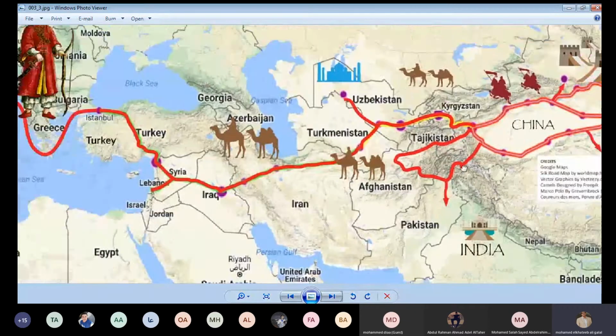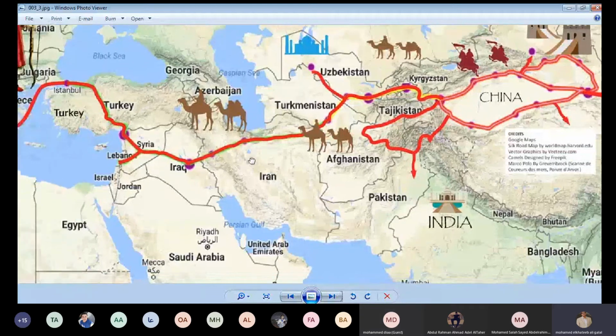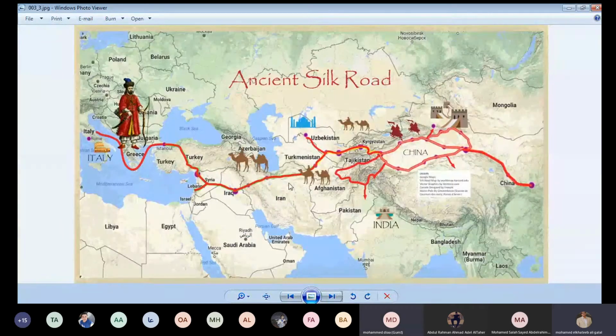So when the caravel is simply moving from China or India and they want to go over there to Europe, they must stop at every single violet point here. Okay? By the way, they used to have 3 Silk Roads, not only one. And the 3 routes, guys, or roads, were controlled by Italy and only Italy. Okay? Try to imagine here.